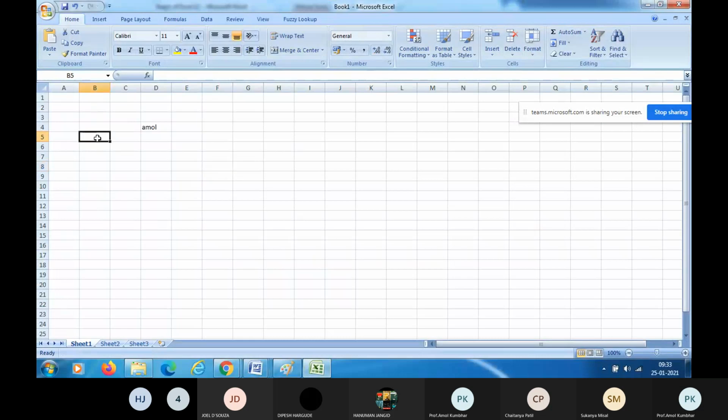This is the active cell. Observe this. This is the address bar, right? B5 is seen here. Is it seen on your screen? Name box, right? Yes, sir. So this is B5. B5 is the address of that active cell.